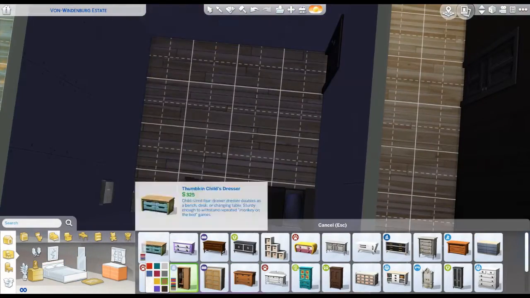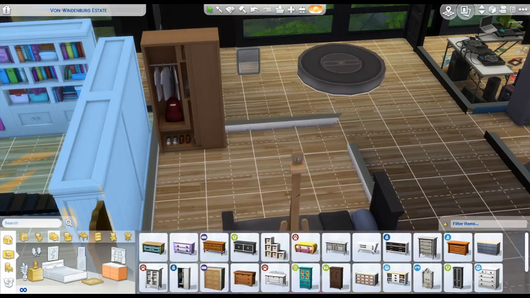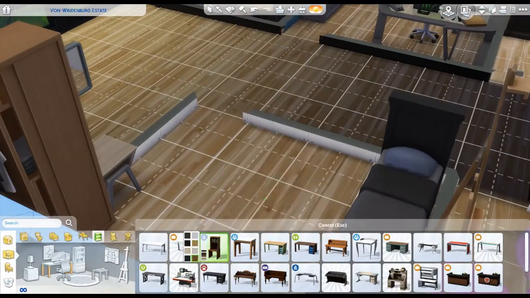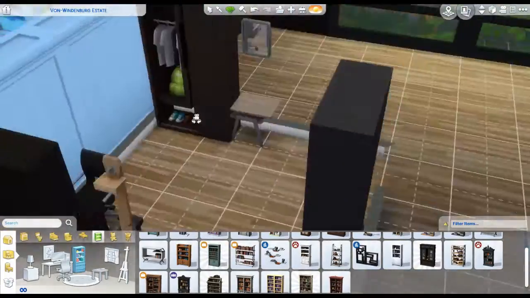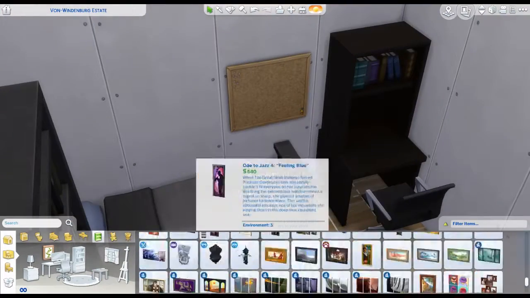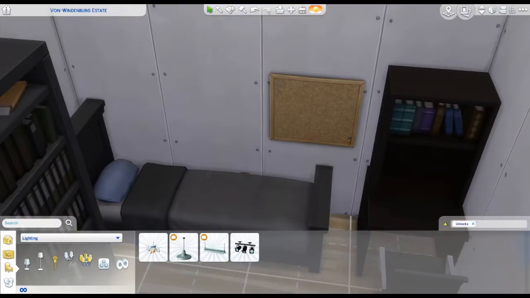In the show, he has like that weird thing he plugs himself into, and yeah. But I decided to actually give him a bed, because he's a sim technically, so he's not a robot in this one, which is kind of sad, but it's fine. And I put a mini microscope on top of his bookcase. I have no idea why I was possessed to do that,